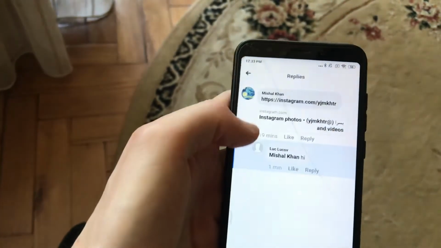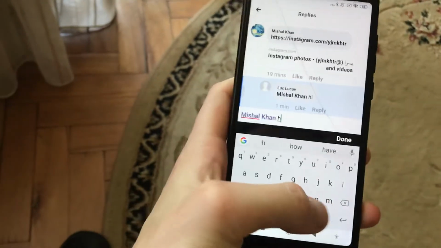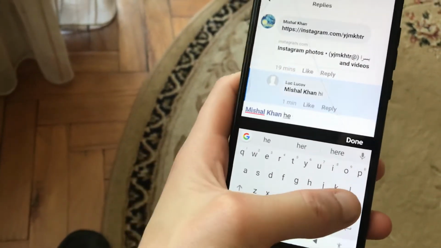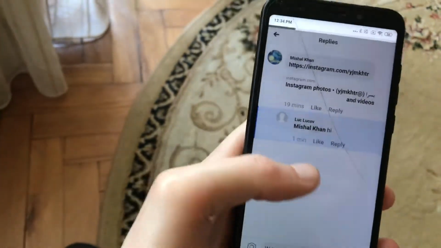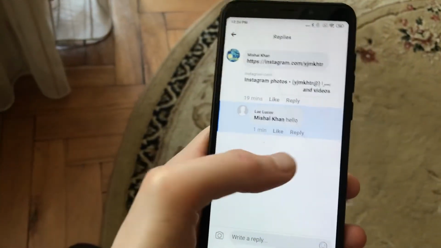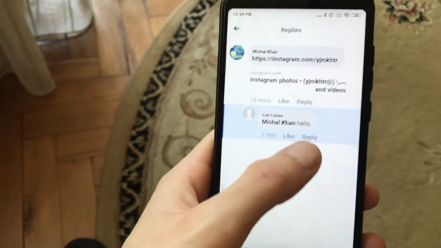So just click on edit comment and now you can successfully edit your comment, for example from hi to hello, and just click here done and it will successfully, here you can see that it successfully added our comment and we add new comment